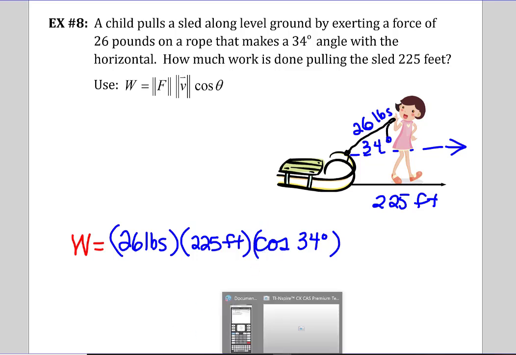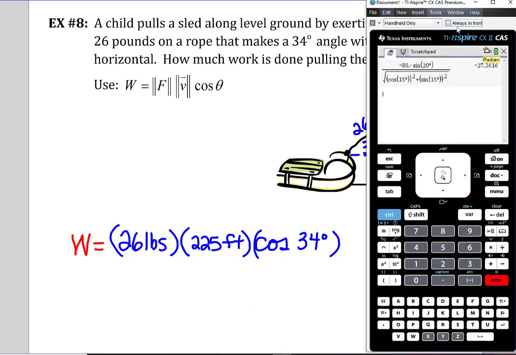So again, we need our calculator. 26 pounds times 225 feet times the cosine of 34 degrees. And the work to be done, or the energy, is about 4,800, I'm going to round it,